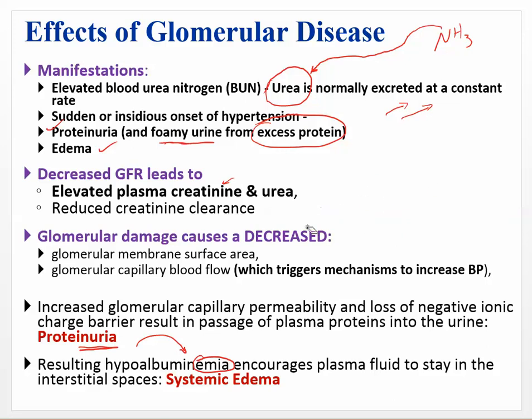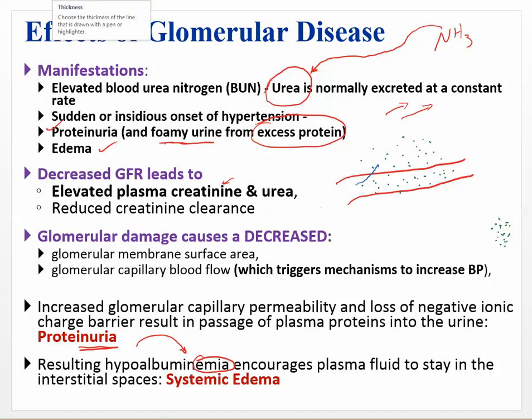So this is kind of an important concept. Here's our capillary, okay? And now you're just going to have to remember, we have proteinuria, which means that we've lost our protein. Our protein is now in a toilet somewhere. That's where our protein is. It was supposed to be in our capillaries. And when it's in our capillaries at the right concentrations, then you're not going to have a net flow of fluid out of the capillary. The way that our fluid moves out is through hydrostatic pressure. But now we also know,